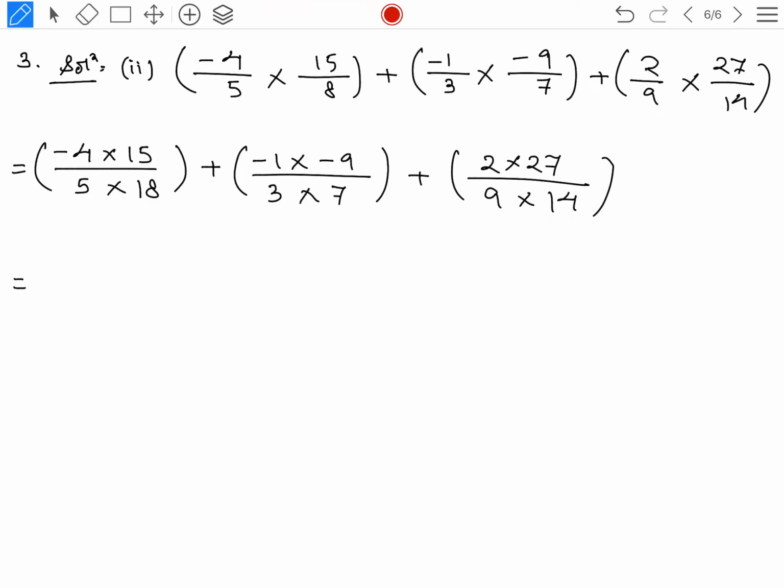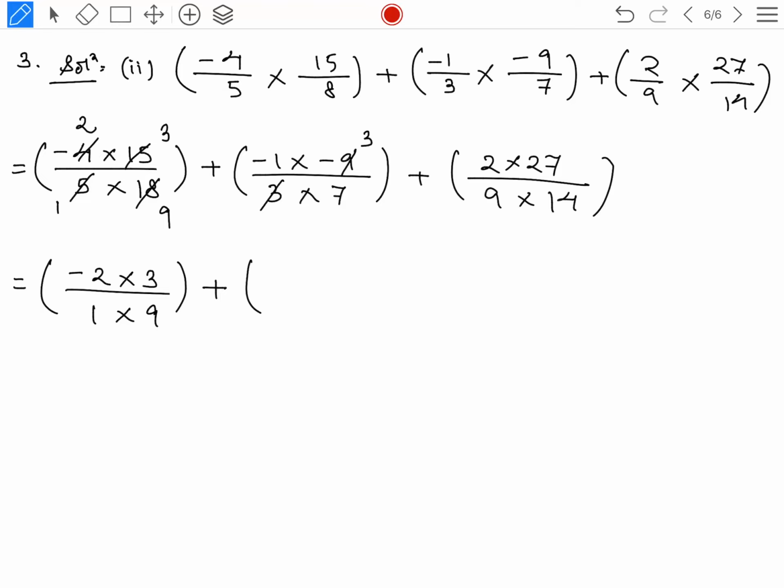Now in the next step we'll reduce them. How will you reduce them? Look, we know that 5 3s are 15, yes or no, so here 1 will be there. Now 4 and 18 both are divisible by 2 because 2 2s are 4 and 2 9s are 18. This one is done. So we'll write, give one bracket, in the numerator we'll get minus 2 into 3, in the denominator we'll get 1 into 9. I am not excluding any step, I am just writing down all the steps. You will only leave steps when you are confident about the sum. To make sure that you understand it properly, I am not skipping any step.